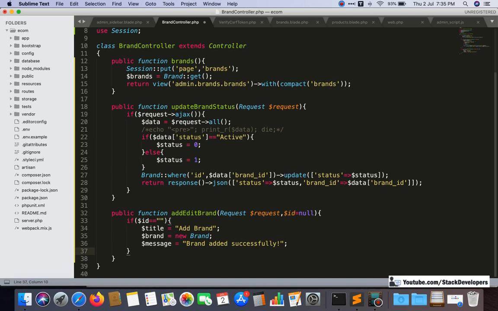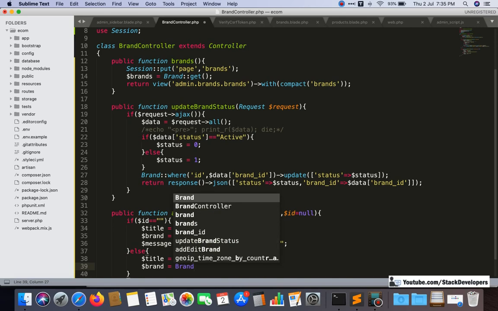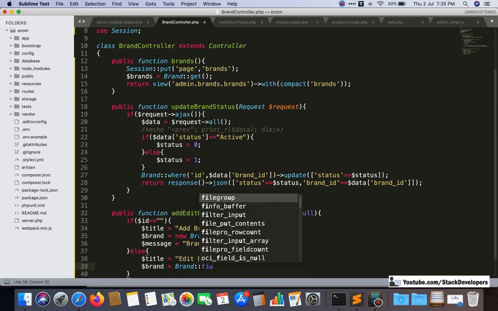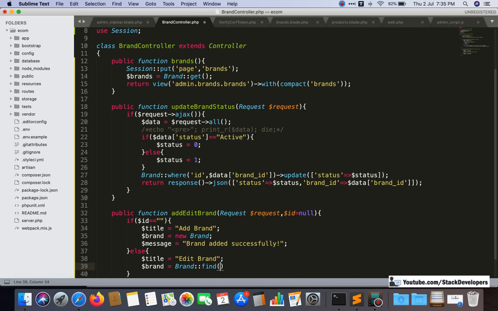Okay, so in case of edit, we are going to add edit brand. So $brand will be brand. Here we need to get the id, we can get it like this, because we are getting the id in edit.